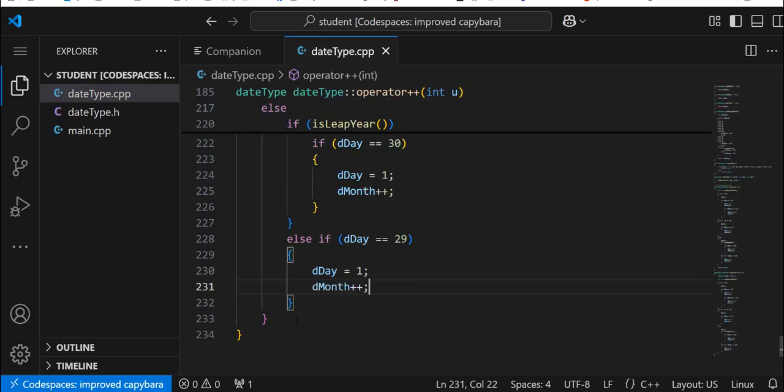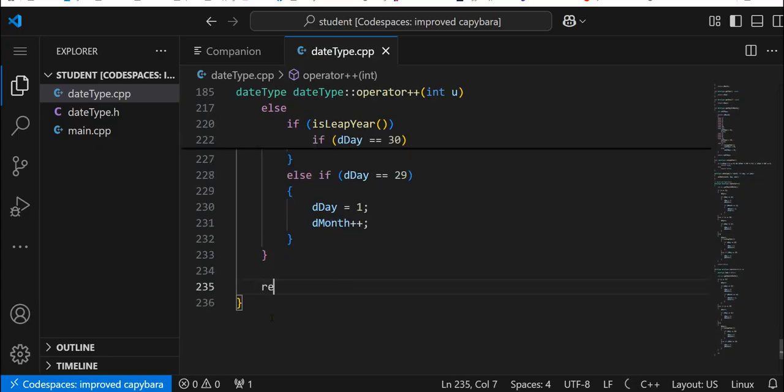Right. And here we're going to return. We'll return temp. Right. So got that function complete. Let's go ahead to